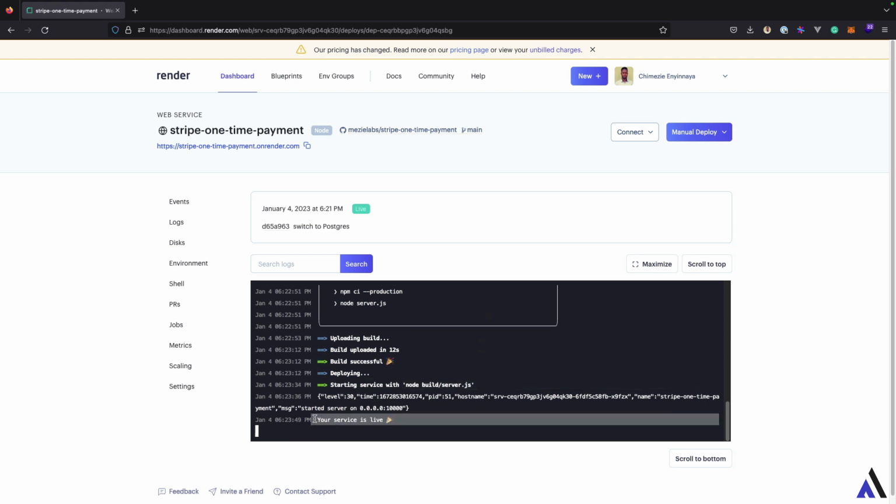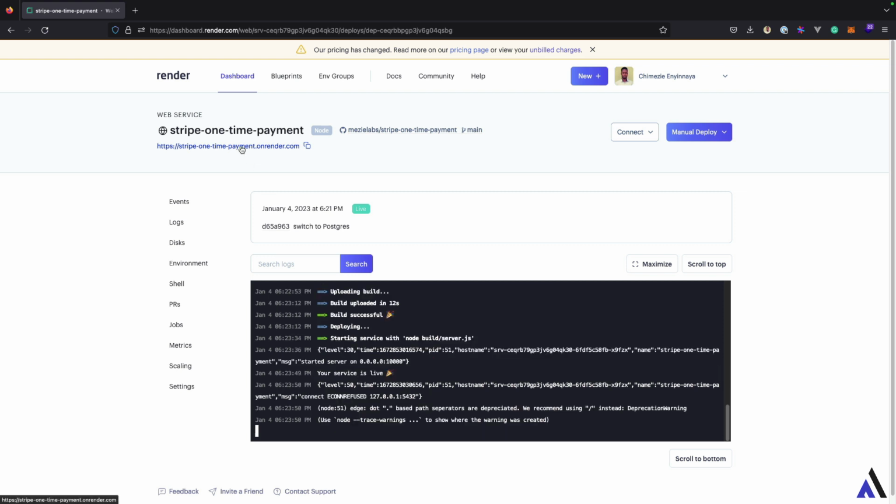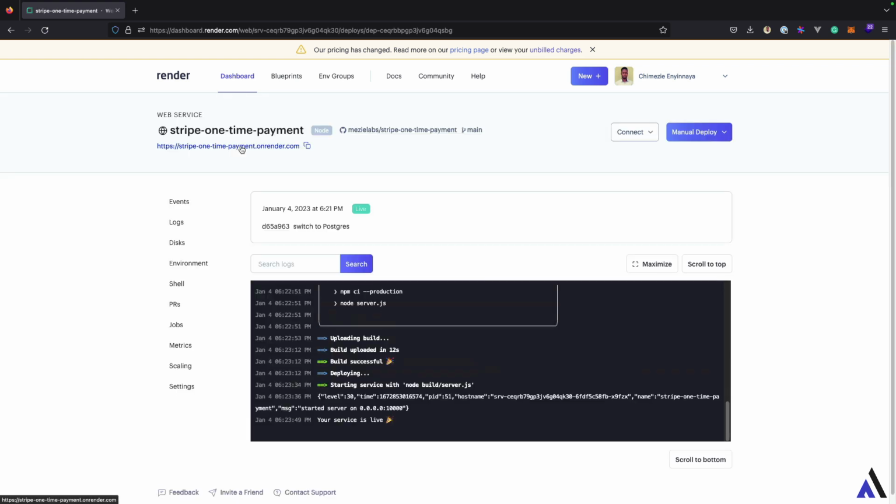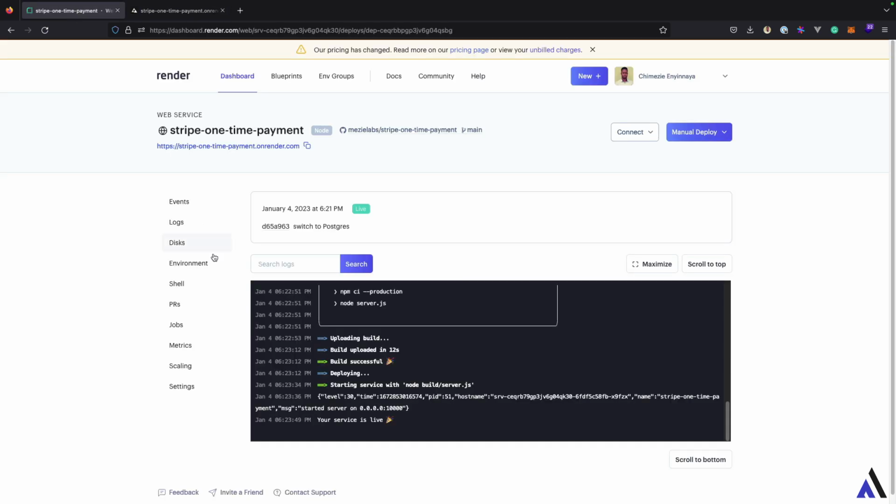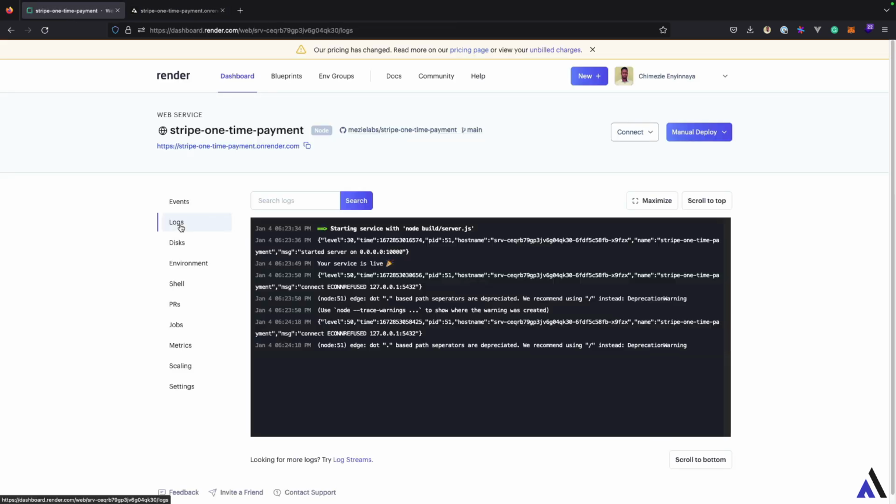And as you can see, we got a successful message that the service is live, which we can access by visiting the URL that Render generated for us. Of course, we are getting a 500 error because we've not set up a database for the application. And we can confirm that by looking at the logs. You'll notice that AdonisJS is trying to connect to the database host I specified inside the .env file when creating